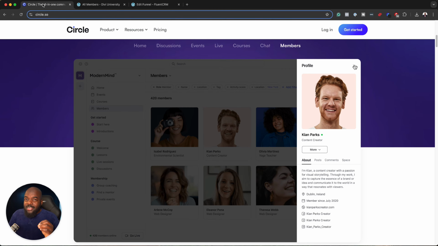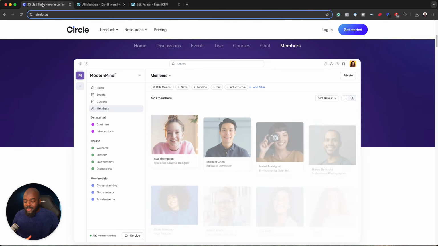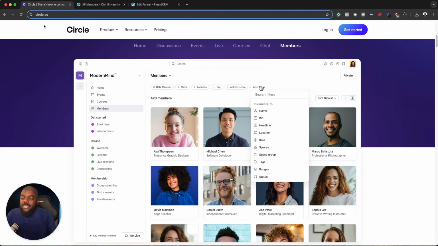But do you know where things really make a big turn? As I mentioned earlier on, this is a community where you are building your community on their platform. So literally you're renting on their platform. But Fluent Community now allows you to build a community around your website, which means you have total control. You have 100% control, because all these users, you can add them onto your email list. You can automate all your tasks on your actual website. In fact, let me show you how that works.